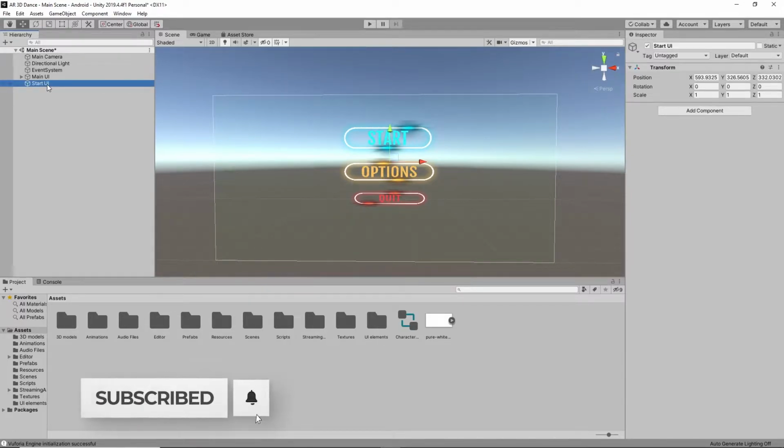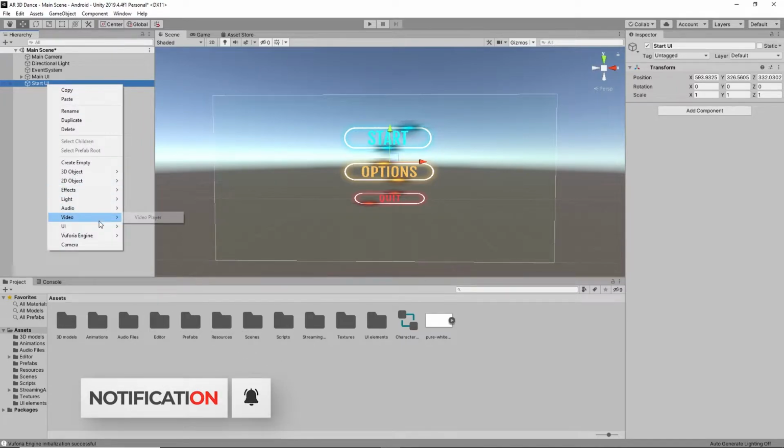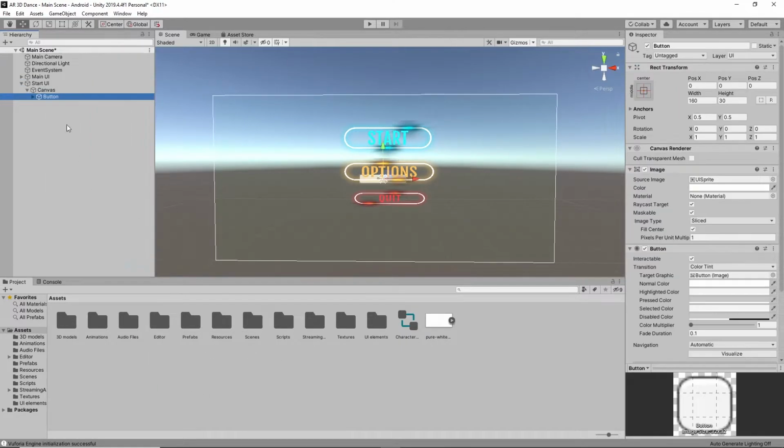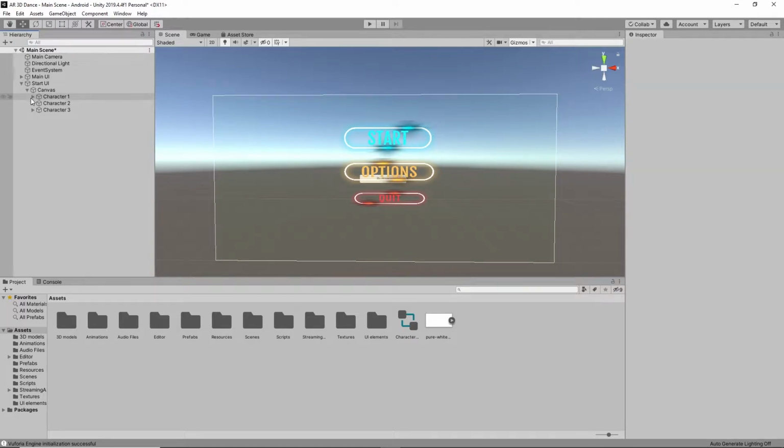To create them, first I'm going to take some UI here. I have to take some buttons. I'm going to take three buttons because we are having three characters, right? I'm going to take three buttons by clicking Control plus D like this. I'm naming it character 1, and this one is character 2. This one is character 3. I'm going to delete this text first in these buttons, because I already created some images for this.